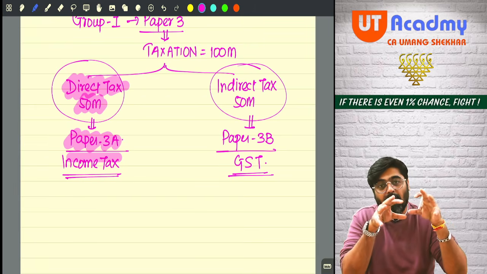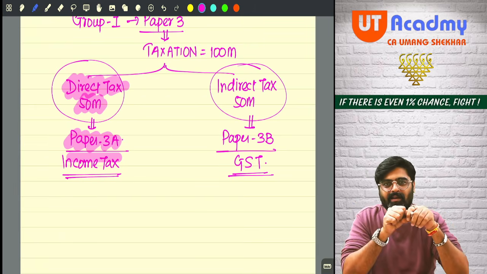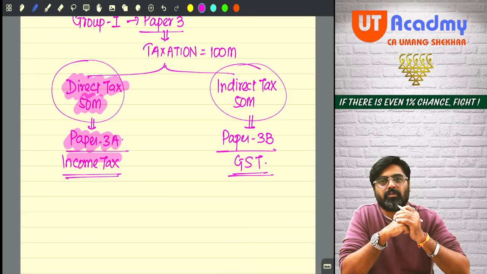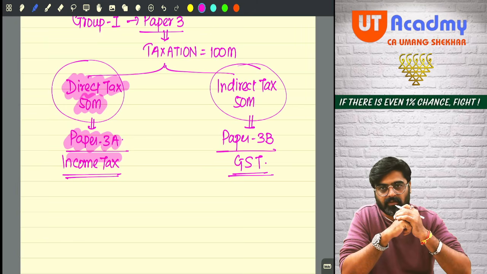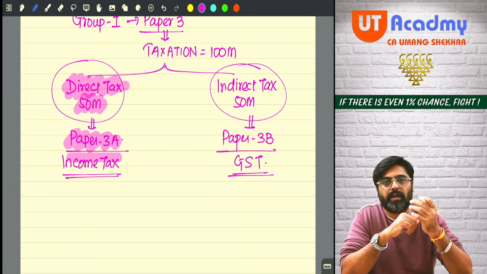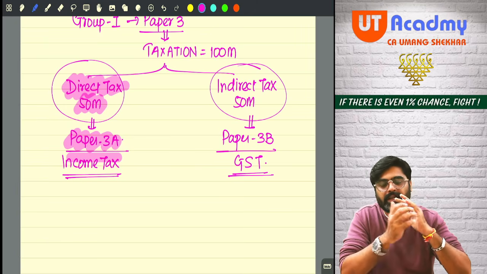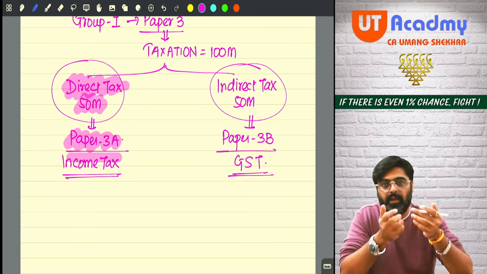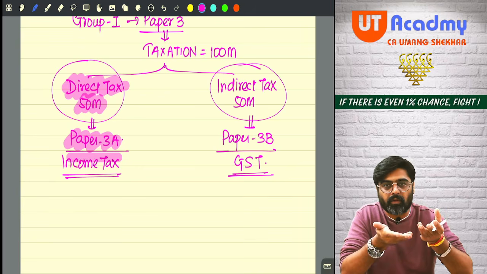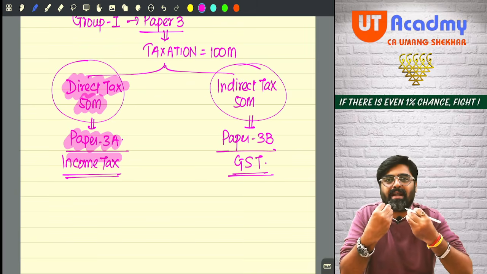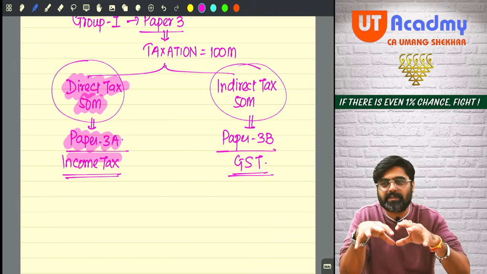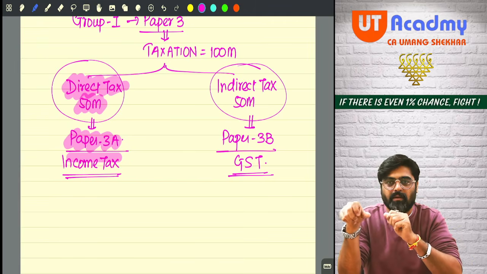But how the question paper will be in your examination, that also you are supposed to understand. Because till the time you are not aware about the question paper, how the questions will be asked in the exams, how many marks MCQs will be there, how many marks the descriptive questions will be, you will not be able to prepare accordingly. So in order to prepare for the examination, which is a kind of a battle for a student, we are first supposed to understand what the paper pattern is.